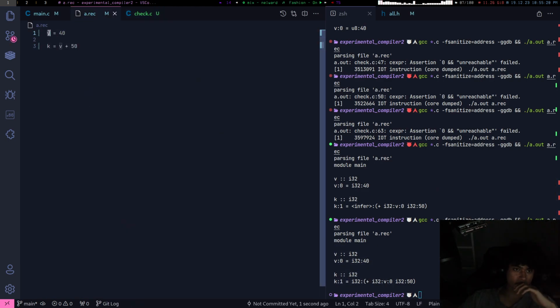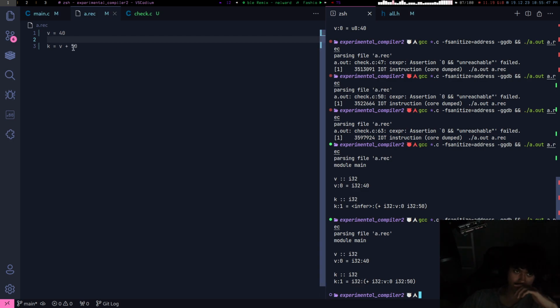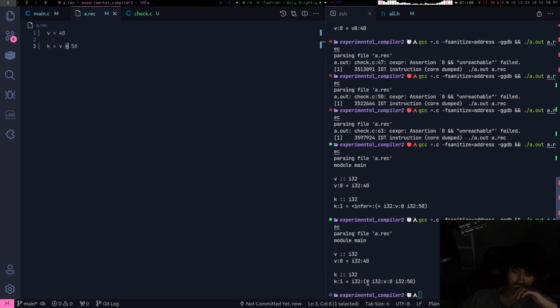So v equals 40, k equals v plus 50, and you can see here v0 equals 40. Oh, it's k1. I don't write the type of the variable here, but you can see it here. Yeah, k1 equals I32. That's the return value of this binary expression, and then it takes in two operands.